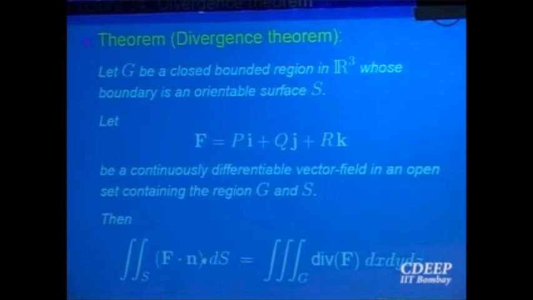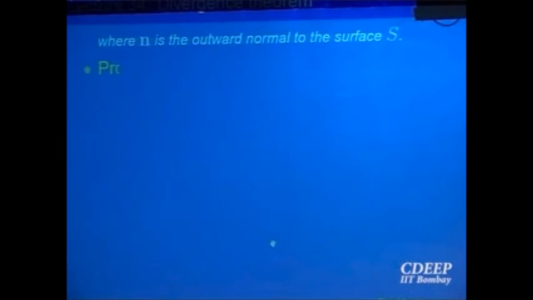The proof is also similar to Green's theorem. There is no change at all. What did we do for Green's theorem? We wrote that this integral was p dx plus q dy. To compute p dx, we gave an orientation to the curve and computed, and then wrote that line integral as a double integral. We converted that into a double integral. Same thing we will be doing here. Same proof, no change. Only one more variable will be entering into the picture.